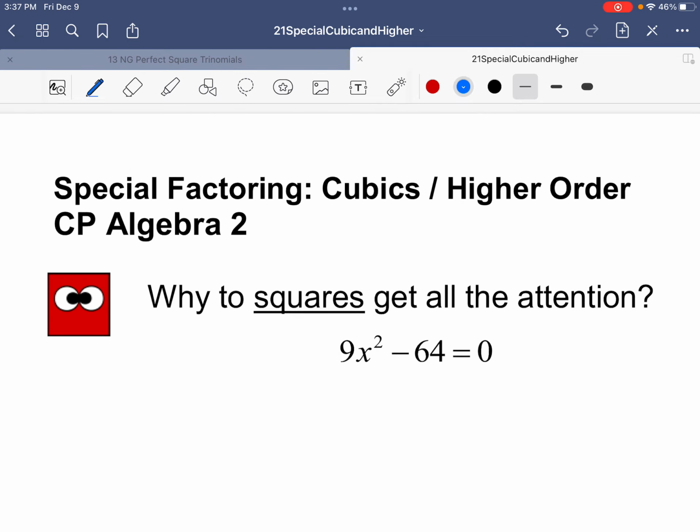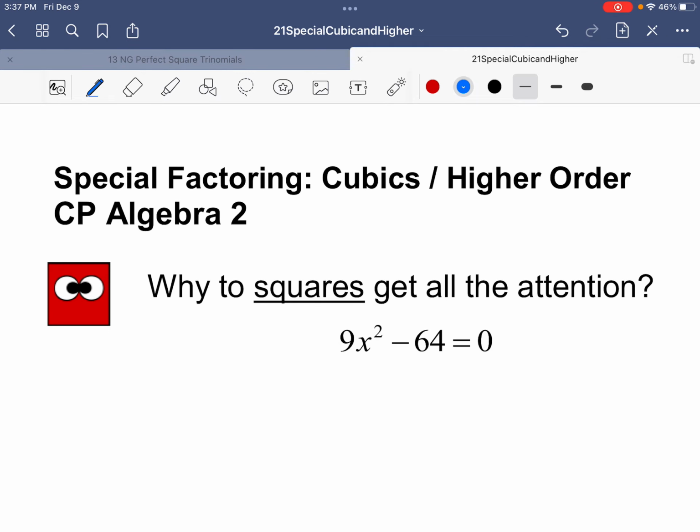Today is special because we're going to be looking at certain types of expressions that, because they are just special, we can factor them. But we have to have some rules and some more skills. Let's start with